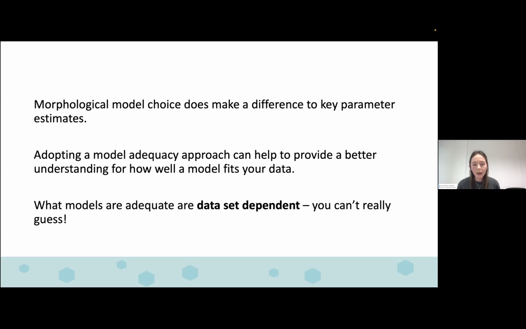We also found that there's not always a model that's going to fit perfectly. But that's not surprising, really. If there was always a model available for all these different morphological data sets, I think that would be almost more surprising. So yes, it's definitely important to consider what type of model you're using. And